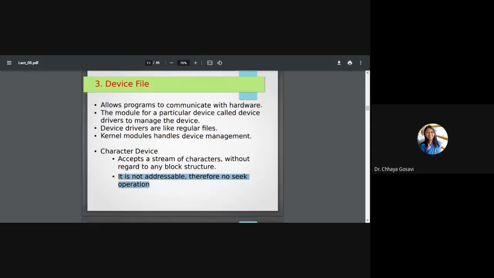Now, what is the use of the seek operation? Seek operation can skip a number of bytes and directly go to that particular block. If you're taking data in chunks of, say, 10 bytes at a time, and you want to read the 100th byte, then you will skip the first 9 blocks and directly go to the 100th byte because you know the size of each block. With the fseek function, you can directly refer to that particular offset. But in a character device, you are reading one character at a time. There is no particular structure, so seek operation is not needed.